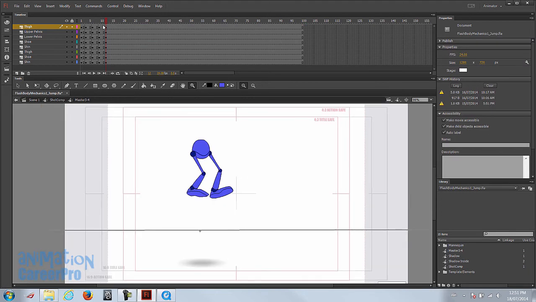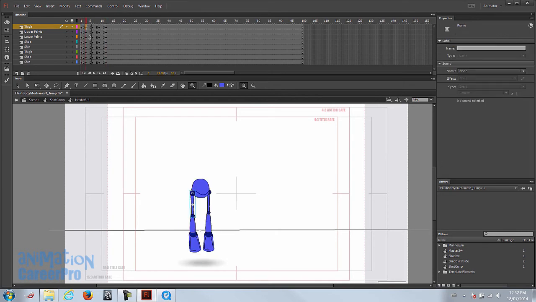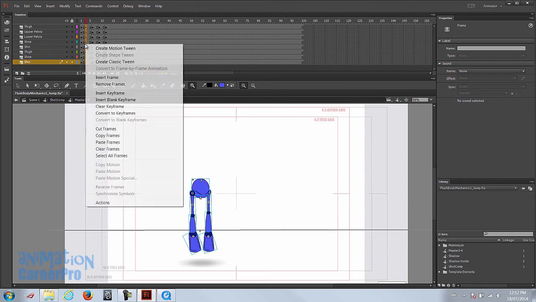Alright, that's good for now. So I'm going to go back to frame 1 and just scrub through. Okay, so we have our anticipation pose, our launch pose, and then 1, 2, 3 poses at the top of the jump, which are closer together. Now we're going to go back into something very similar to our launch pose, where it's the pose right before he impacts the ground. So let's copy all of key pose 2,